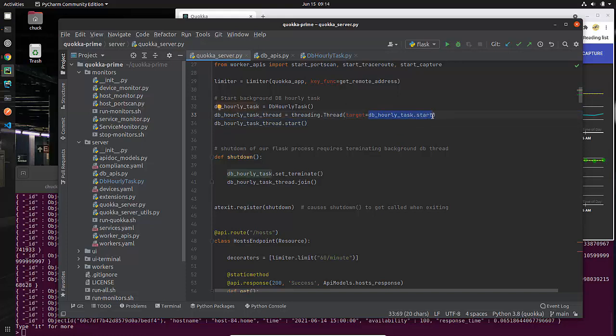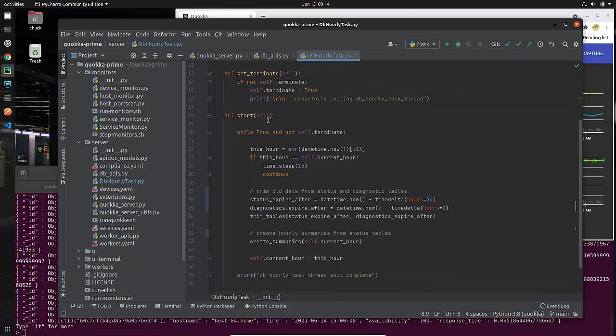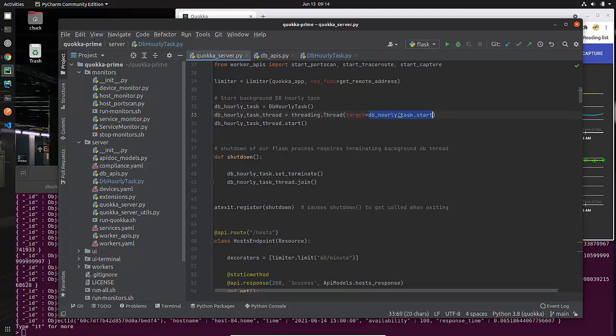That is going to be the name of the function that this thread will run. And you will expect there to be a start method in my class, and sure enough, there is. So basically, it's going to be running this. This is a combination of classes and, here I'm passing in a function, which is actually not a function. We would call it a method because it's inside of an object, but it's the same thing. And this is what's going to get run at that point in time.